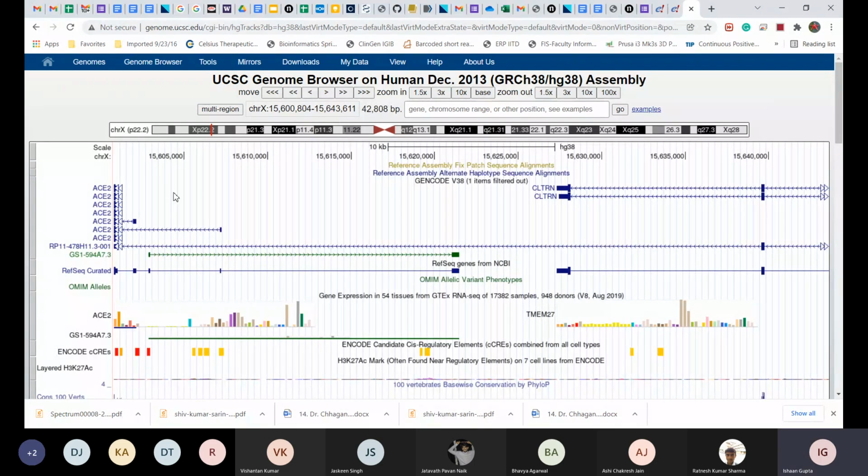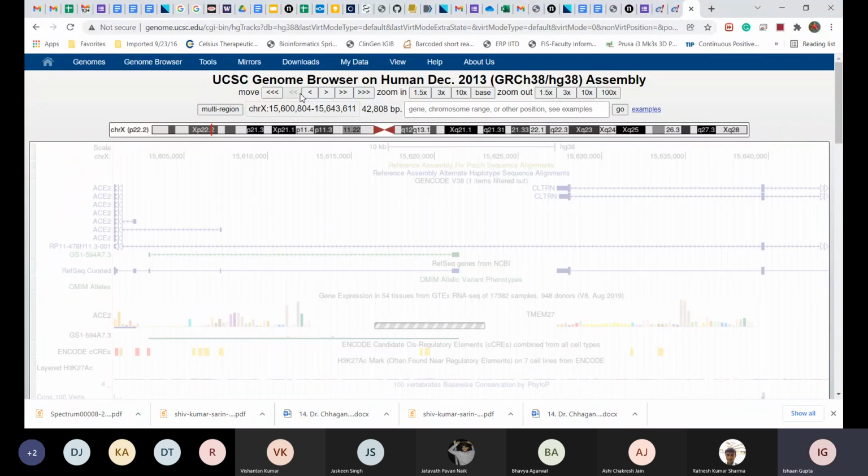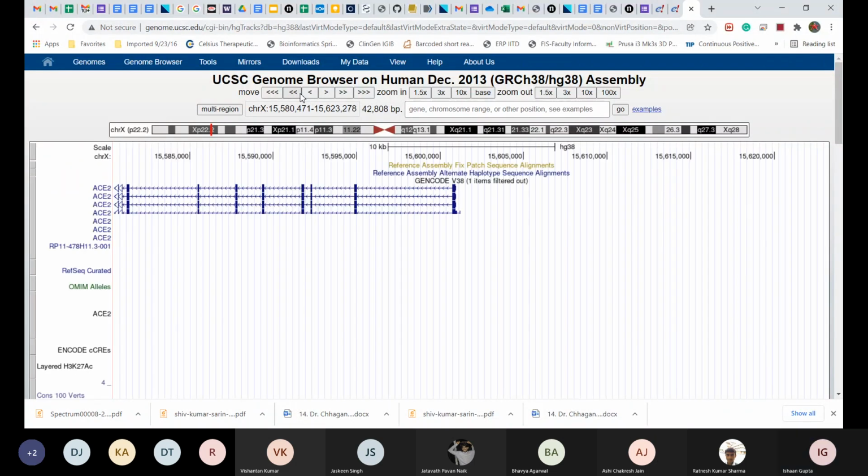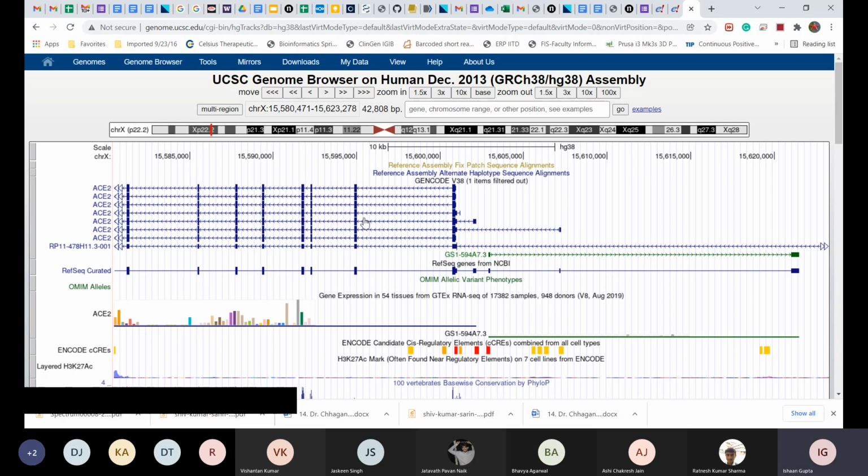My bad, I think I'm moving this. So you can move around the chromosome. Okay, so this is giving you the transcripts which are getting made from this ACE2 gene, and it also gives